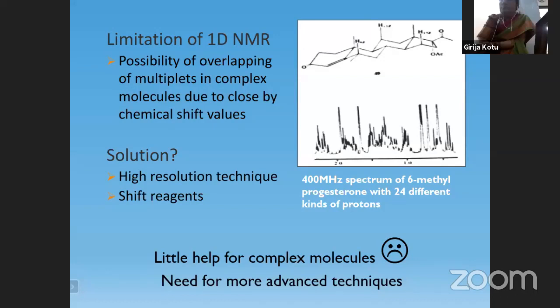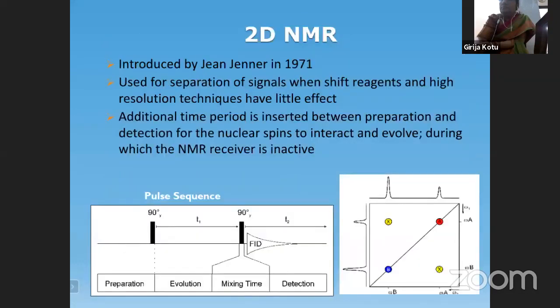Now, don't we have any other solution to come out of this situation? Yes. There are many techniques, and especially here, high resolution techniques and shift reagents will help us to resolve the spectrum, where the signals which are overlapping can be resolved to a greater extent. But they are of little help for complex molecules, and definitely we need more advanced techniques. And in such a situation, we talk about the